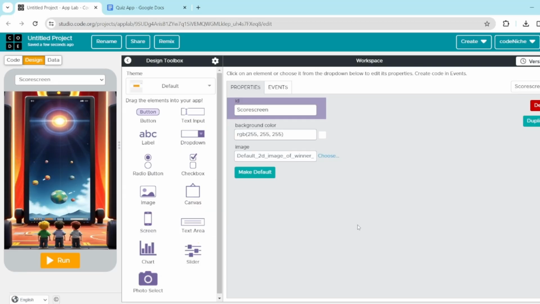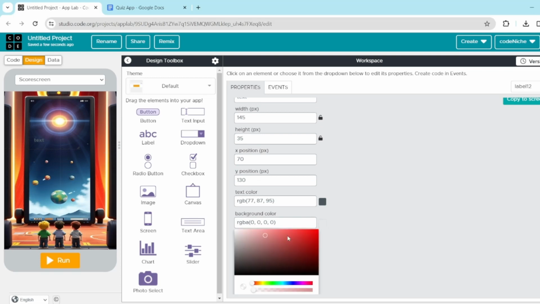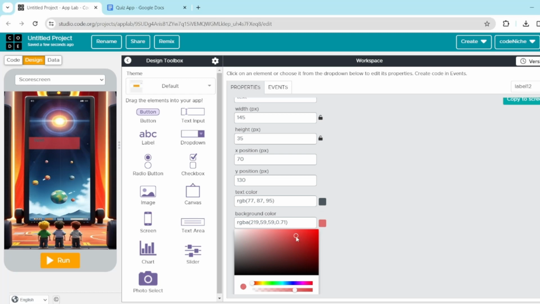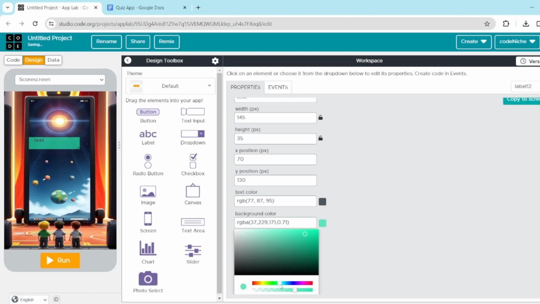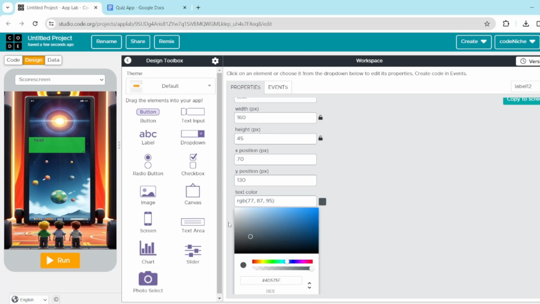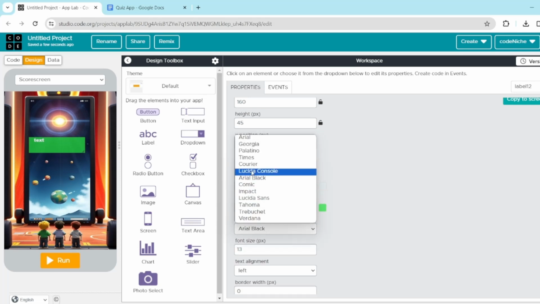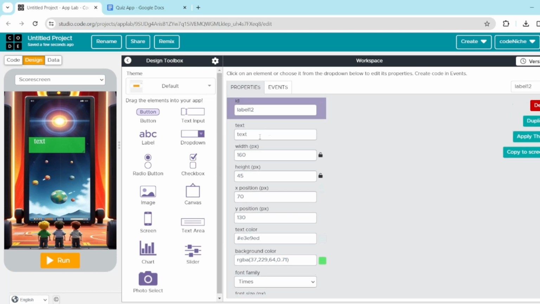Here I'm going to use again the label, which is going to be something like, your score is, okay. You know that the background color is a little bit not visible, so I'm going to make it more reddish. Or how about make it green, because we have a good score. So let's make it green. Okay. Here, the text needs to be white, because why not? Alright, here we have to change the font to Times, because that has been the text from the starting. I'm not going to change the ID because it's not going to be used in my coding part, right? So we will say your final